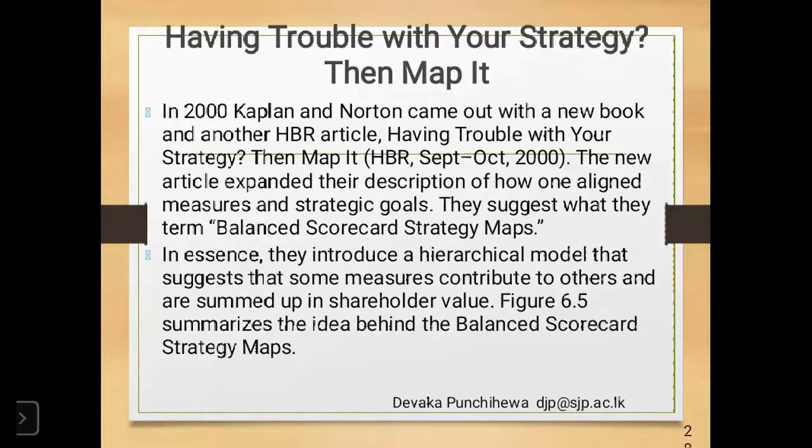In year 2000, Kaplan and Norton came out with a new book and another HBR article on strategy mapping. They said if you are struggling, if you are troubled with your strategy, then you have to map it, right? The new article expanded their description of how one aligns measures and strategic goals. They suggest what they termed balanced scorecard strategy maps. In addition, they introduce a hierarchical model that suggests, right,